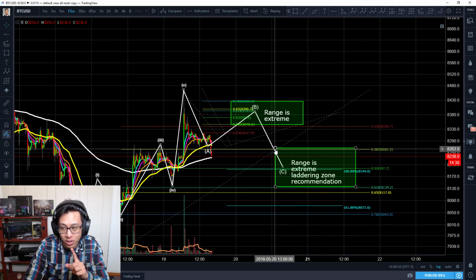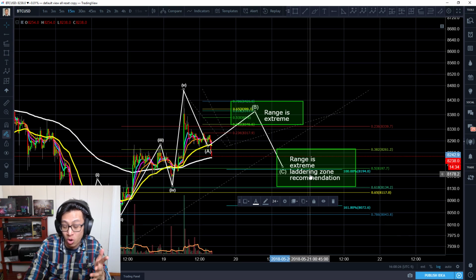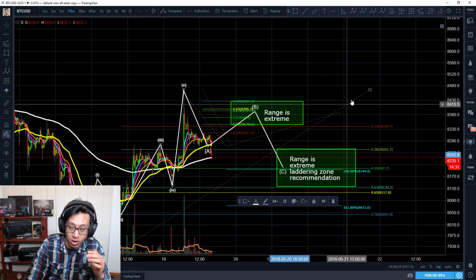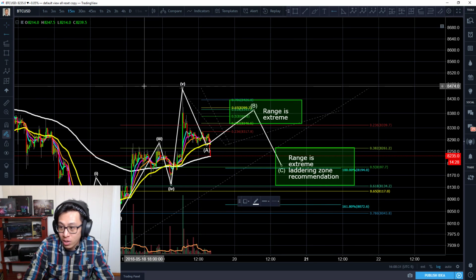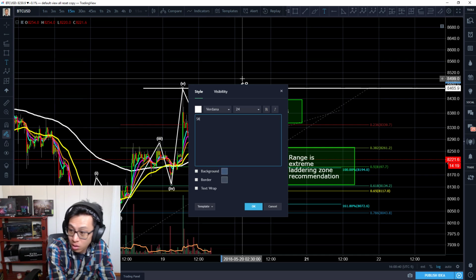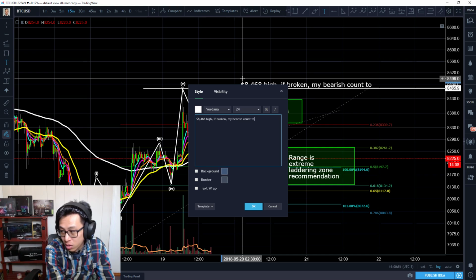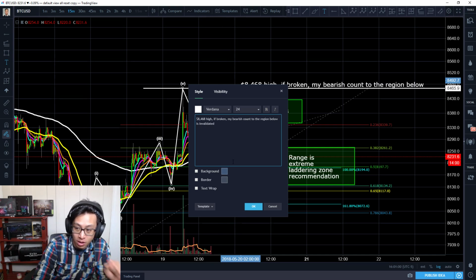But I will be interested in one of two things, right? So range is extreme, laddering zone recommendation. We simply don't know where this is most likely going to trend, right? So if we actually break this point right here, this is where my bearish count is going to be invalidated. This point right here is 84.68, okay? 84.68 high. If broken, my bearish count to 81 to the region below is invalidated, okay? So we have to remember that because it is invalidated,